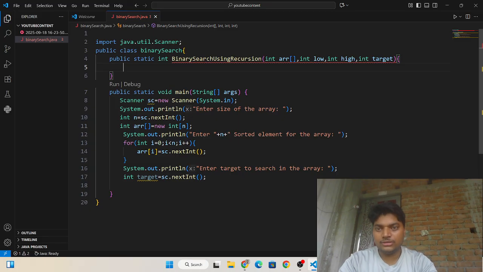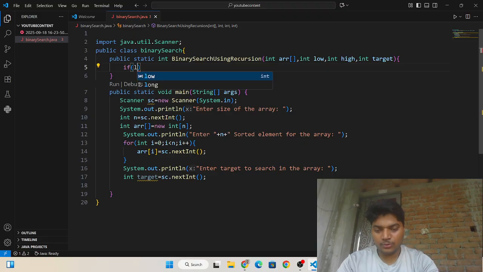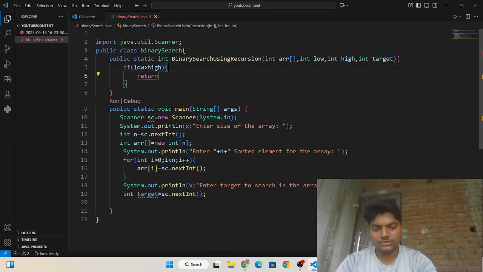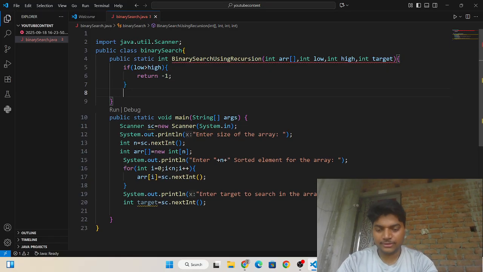So I need to write here: if low is greater than high, then you need to return -1.